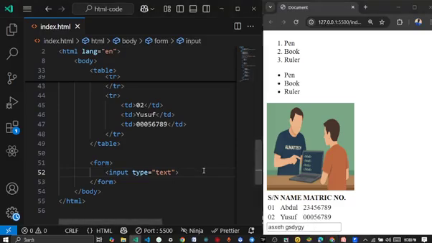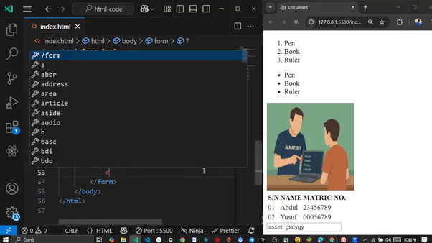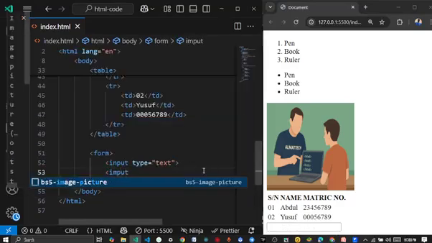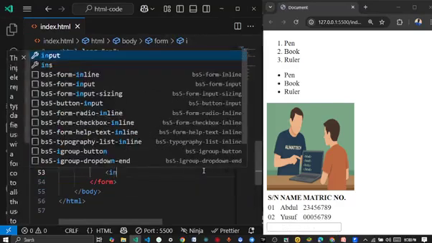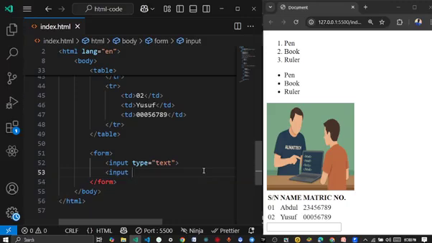So we have other input types also. So let me just do this input. I don't want to use the suggestion this time around. So now we have other input types. As I said, we have input type equal to password. We'll be taking that one next. So for password now, just write